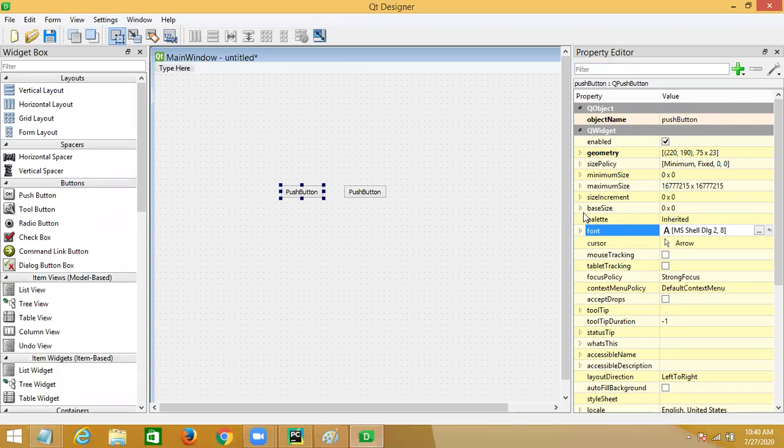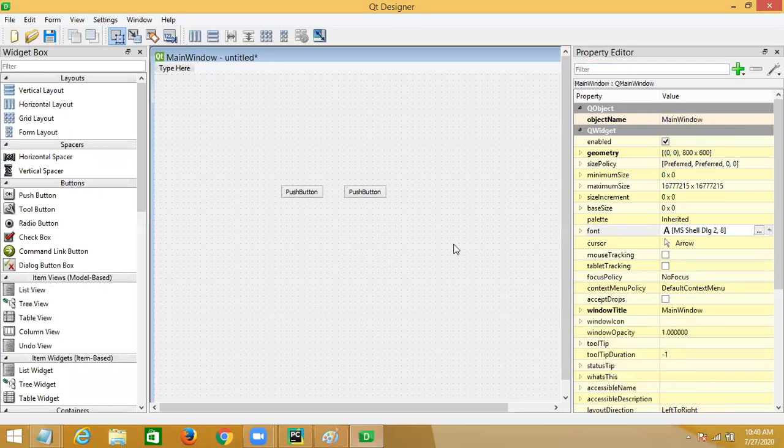Qt Designer configuration will take some time.